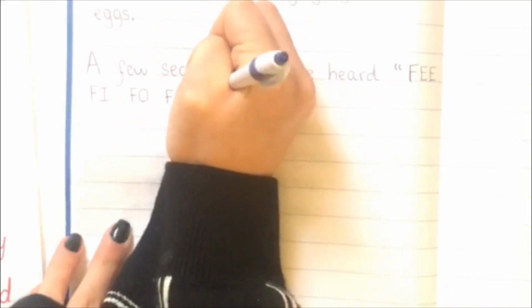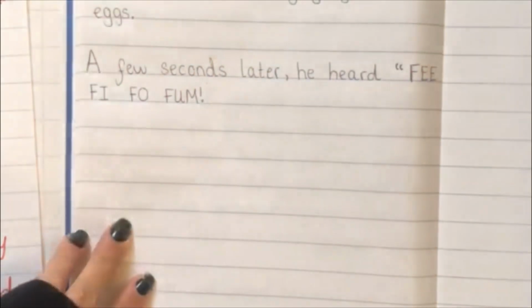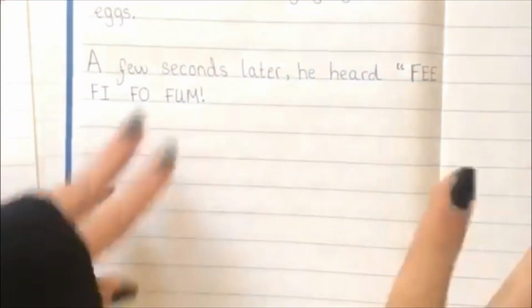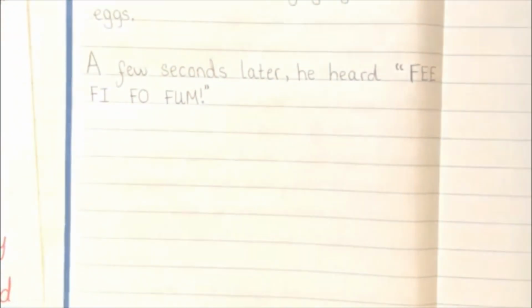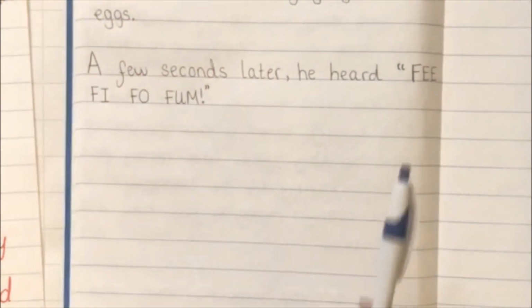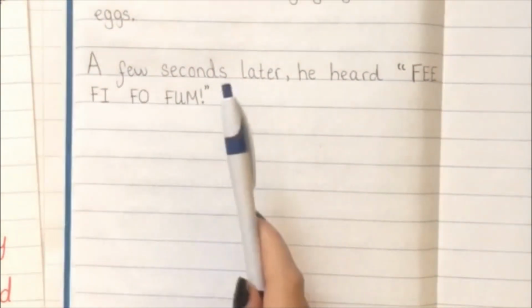From. You've got an exclamation mark at the end because it's very scary. And then I need to close my speech marks. So that's going to be at the end. It's like a 99. So a few seconds later, he heard fee, fi, fo, fum. And